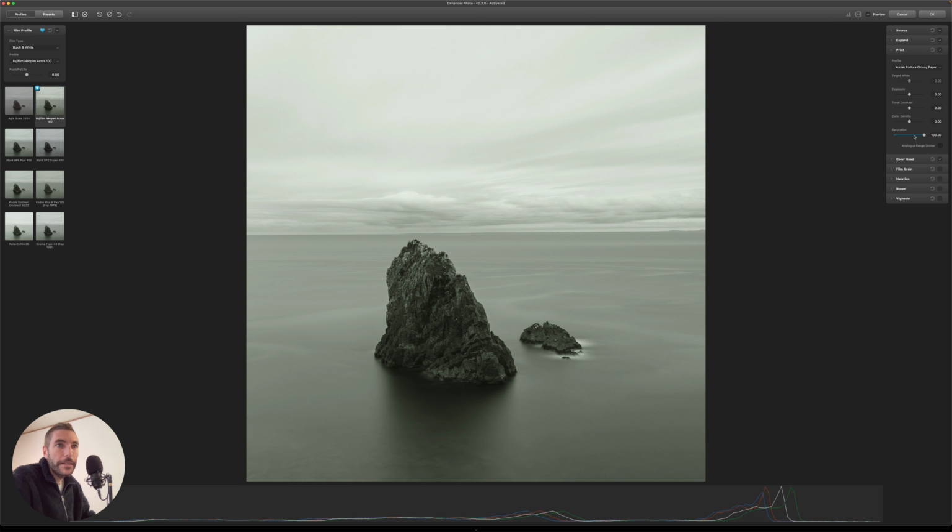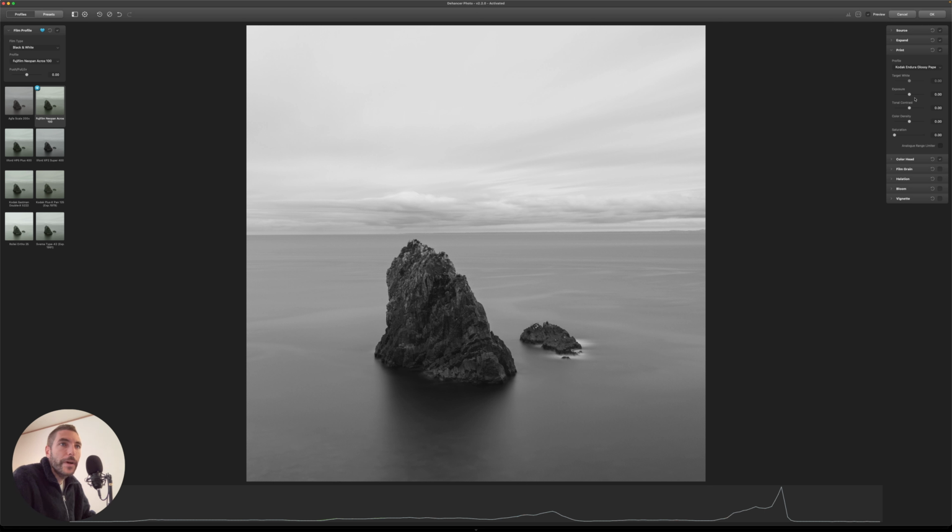One easy fix for it is this saturation tab here, which of course is really useful when you're working with color images, but even when you have a black and white image with some kind of color cast, if you just reduce the saturation here, you'll see that you get a more neutral black and white. You're basically removing saturation from the film simulation. So for this particular shot, I like it neutral, so I'm going to just remove all the saturation and bring it down to 0. As you can see, it's really neutral black and white now.